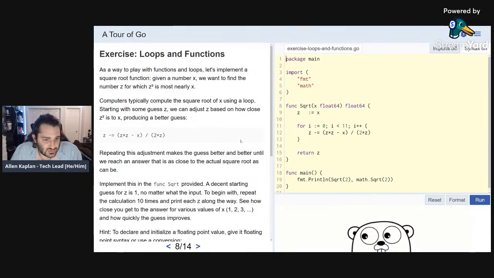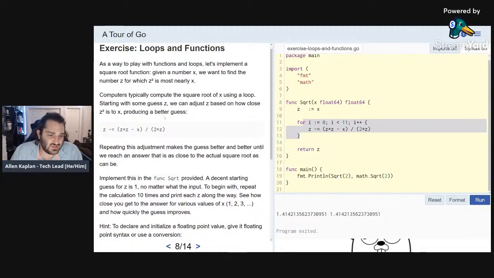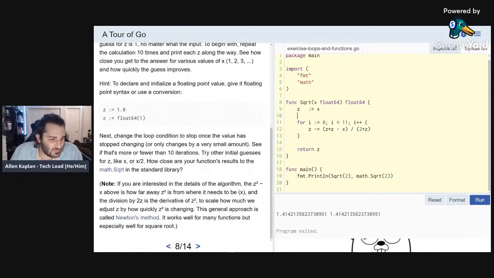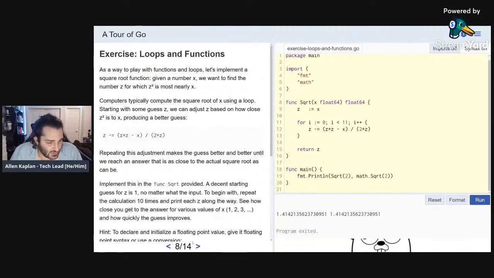So looking at a quick exercise with loops and functions, computing the square root. I suggest you folks do it on your own. I don't want to waste your time, but can you make a function to basically compute square roots on your own? I'm sure a lot of people in first year have written something special, and you can see that these actually get the same thing with square root, your own function using this variable. I've done this tutorial with other people. But you can see that it's pretty awesome to use loops and functions together, as you've done in other languages,